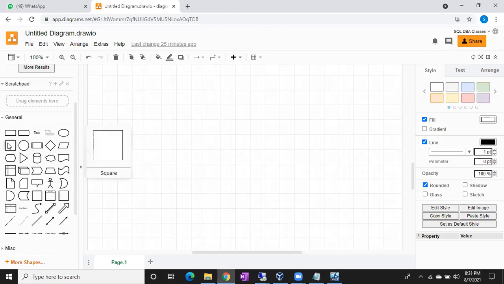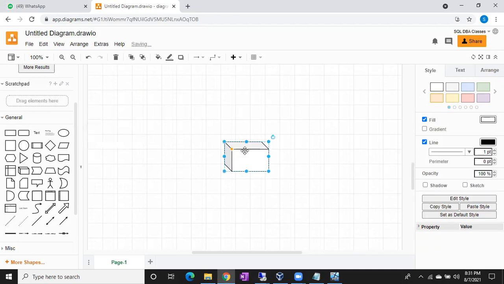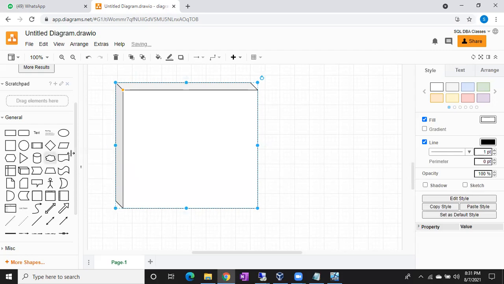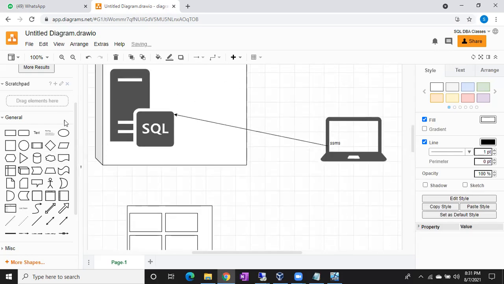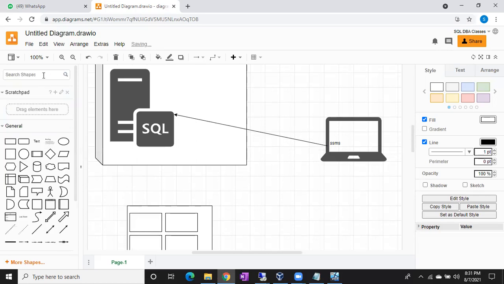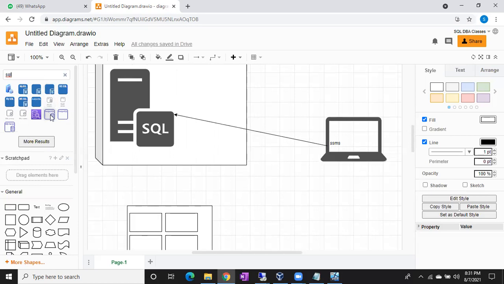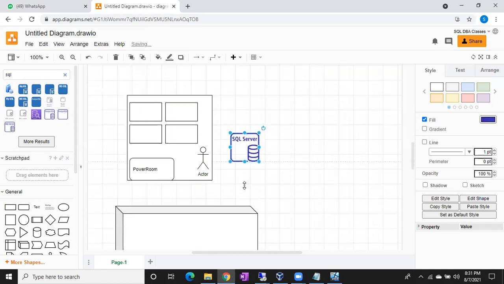Imagine this is your Windows machine. Okay, so this is your SQL Server.